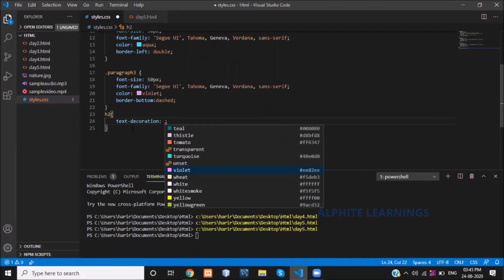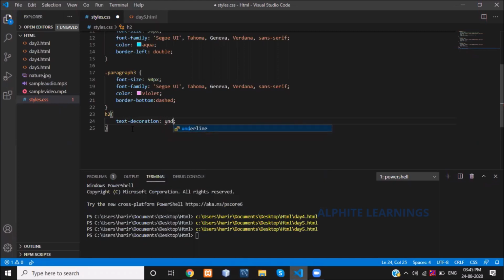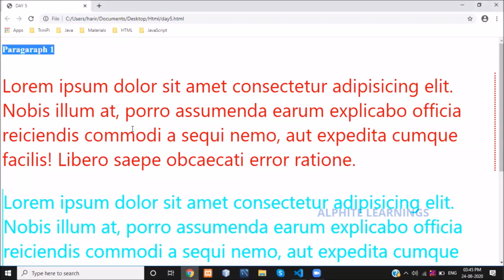What is our goal? I need an underline for my heading, right? Simply you can type underline. H2 underline means for my H2 tag, my text will be underlined. Let's see. Yes, it got underlined.